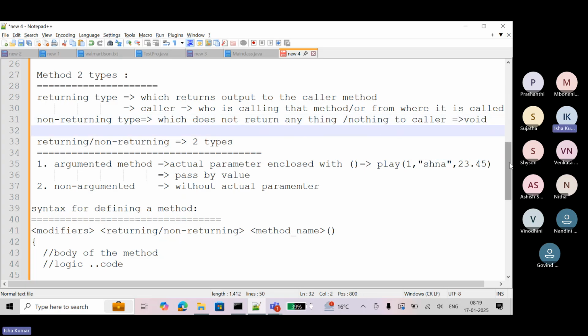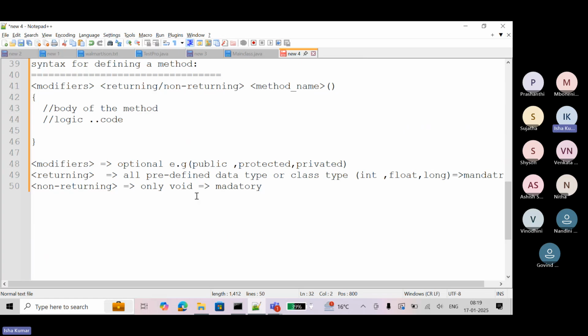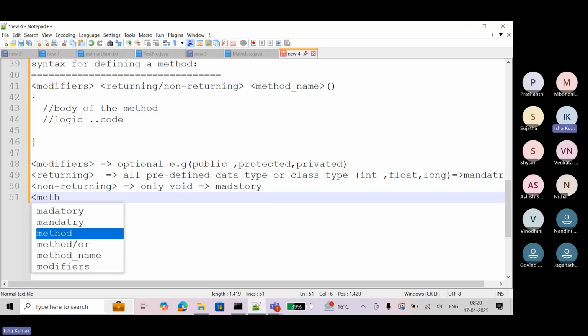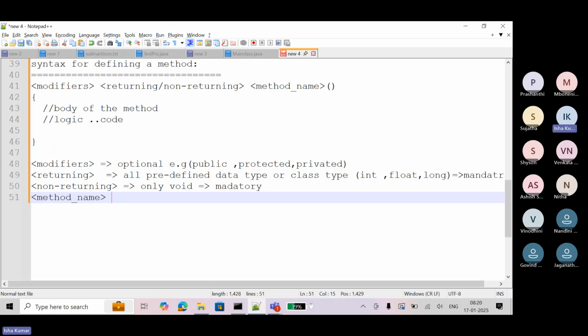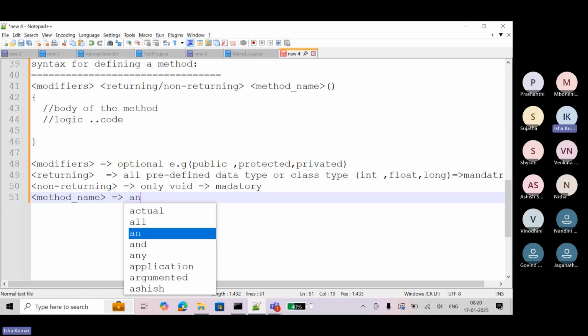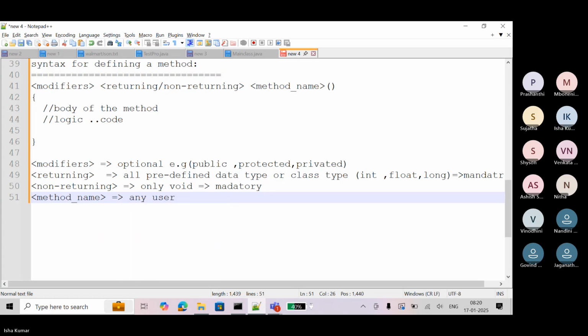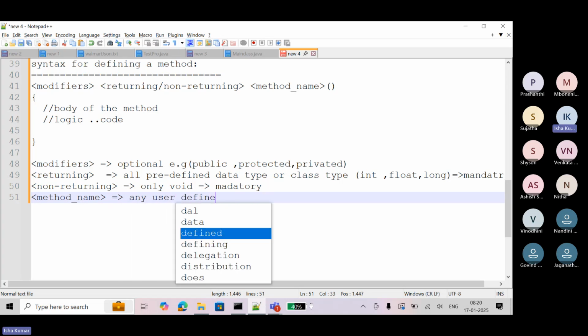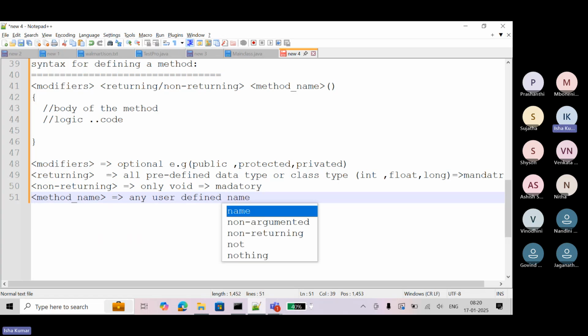So void does not return anything, and it is mandatory to write. Okay. Then you give the method name. Method name can be anything, any user-defined name. Okay. So these things you should take care.